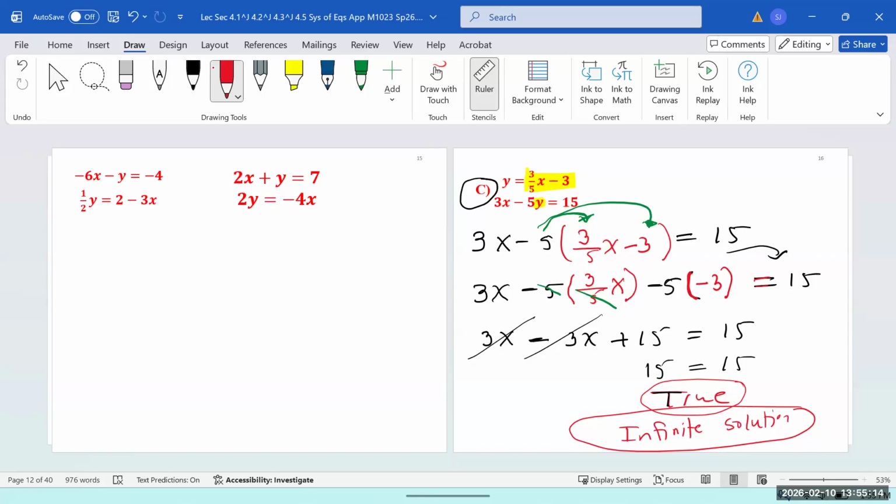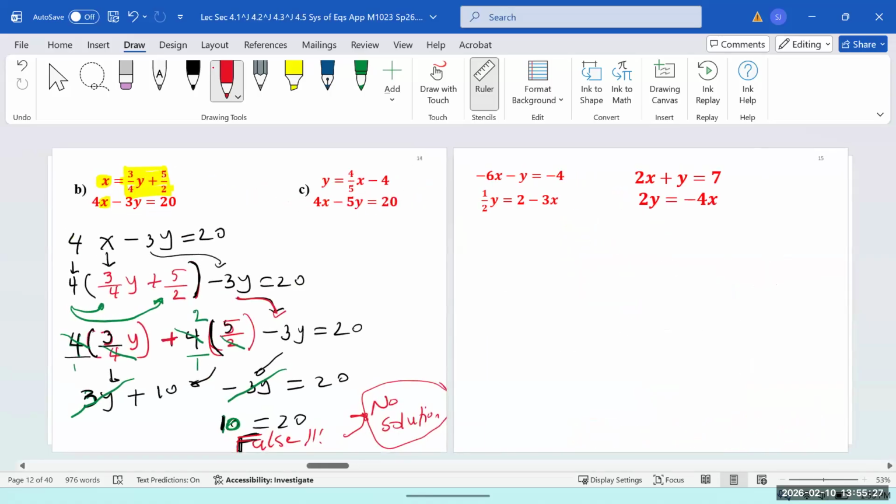So see, for infinite solution and no solution, that's all you have to do. Substitute, and if the variables are gone, you have nothing more to do. So you have two choices, no solution or infinite solution. Here we have infinite. Previously, when we canceled all the variables, we got two different numbers, which is completely false. So we got no solution.